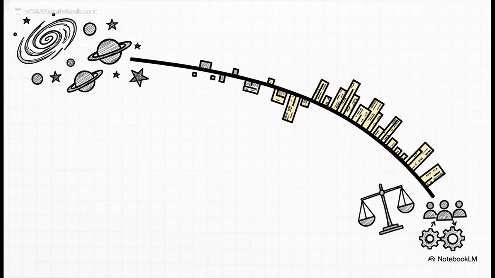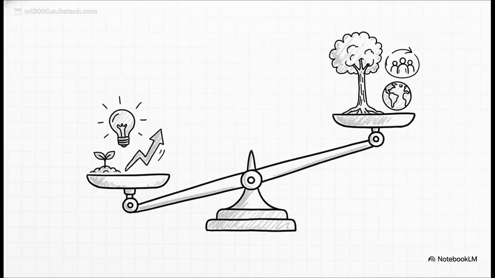But here's maybe the most radical part of all. The theory claims this core principle, this balancing act, doesn't just stop at physics. If it's a truly fundamental rule of reality, it should apply to any complex system, from galaxies all the way down to us, to human societies. I know, it sounds like a huge leap, but just think about it for a second. That very same coherence-fertility principle could be a model for how we run our societies. It gives us a mathematical way to think about balancing a society's fertility, things like economic growth and innovation, with its coherence, things like environmental health and social stability. It could turn the art of politics into a problem of optimization.